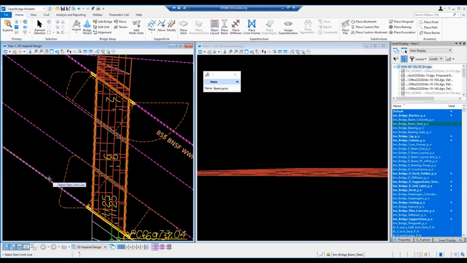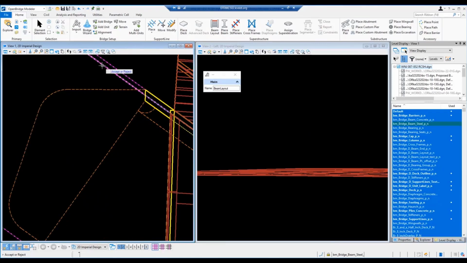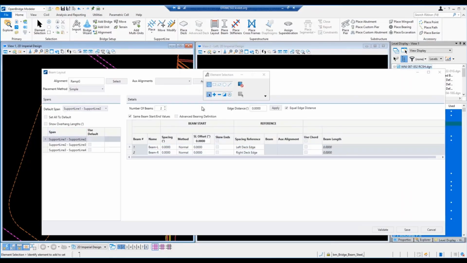It will ask me my start limit. It does allow you to define simple span beams. It'll allow you to define a rolled section from abutment to pier and then a larger rolled section, however you want to do it. I'm just going to, for sake of simplicity, define it from my abutment to my abutment, accept it, and it's going to bring up this dialog in order to start defining how my beams are laid